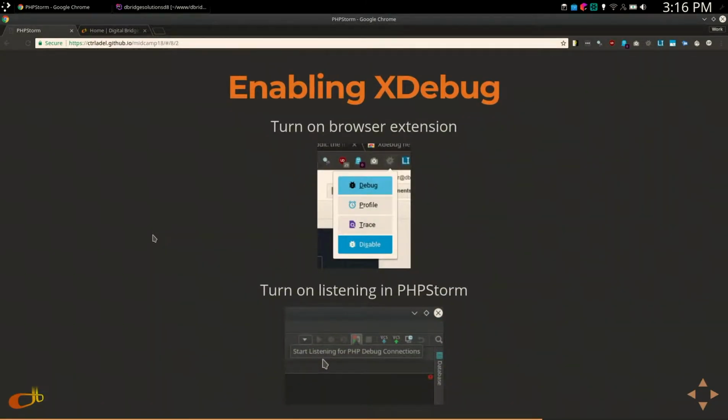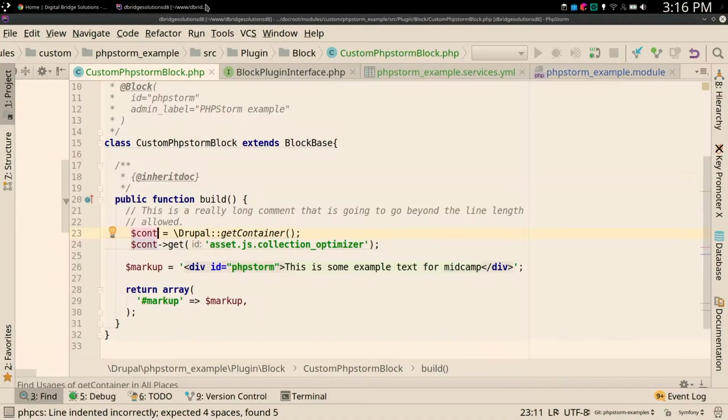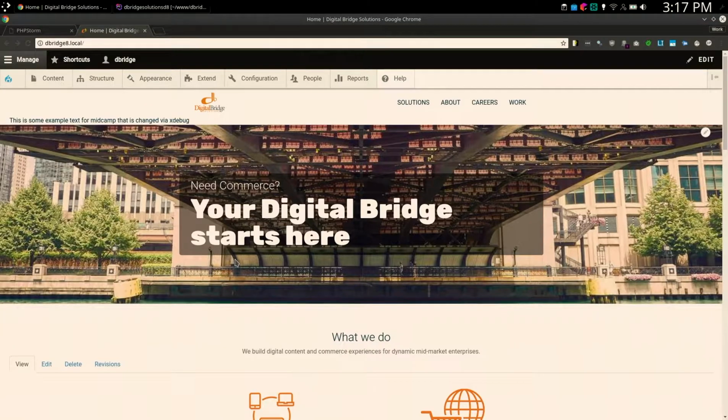Enabling Xdebug once you do have it on the server. There's two parts. You need a browser extension to send the right Xdebug headers to PHPStorm, and you need PHPStorm listening for those headers. We've got my company website here, and we've got the extension, and you can see I've turned on Xdebug. If I turn it off, this little bug goes gray. And in PHPStorm, we've got this little phone here. With the red and the green, that's not listening, and now we're listening. And if you click in the gutter to set a breakpoint,